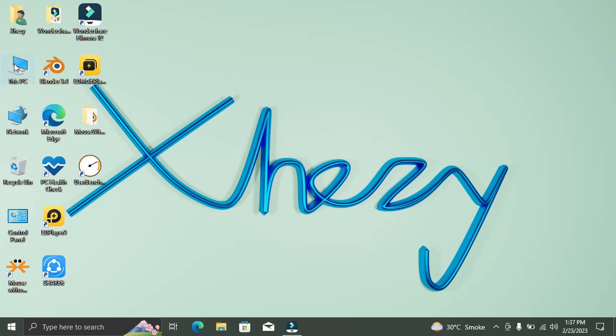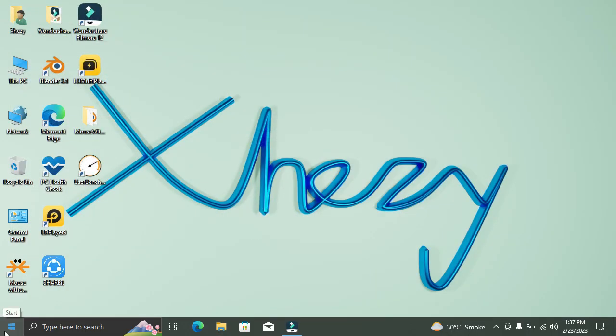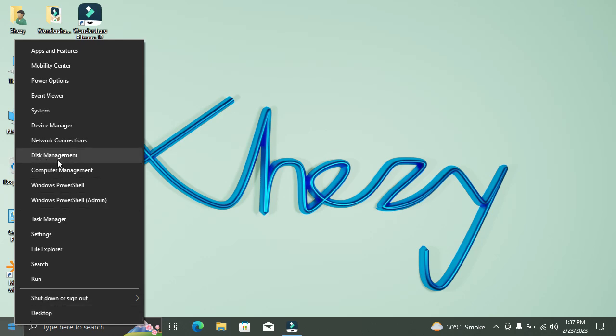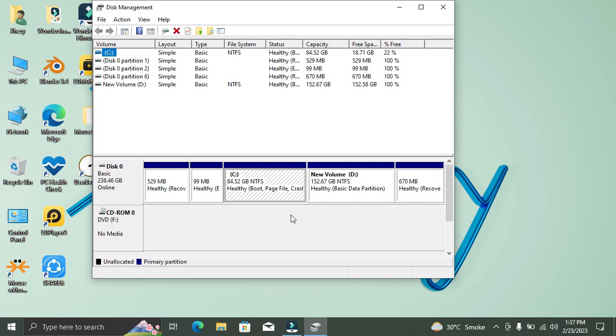In this video, I'm going to show you how you can repartition your hard drive without reinstalling Windows on your PC in Windows 10. So all you have to do is right click on the start menu and then from here click on disk management. Once you're in disk management, from here you can